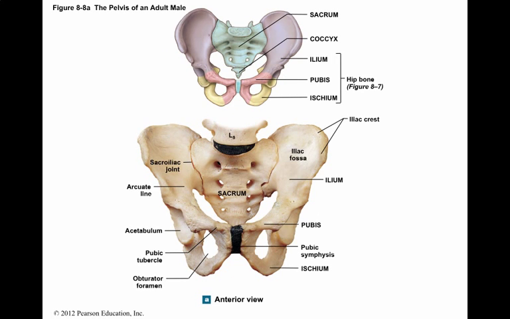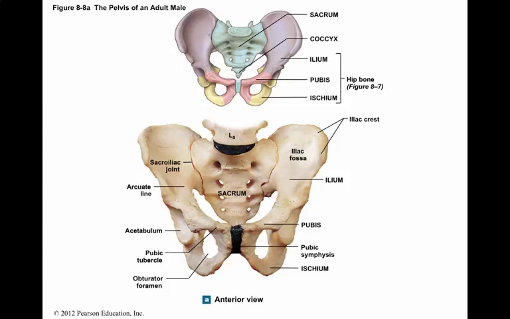This is an anterior view of the pelvis. The ilium provides extensive areas for the attachment of muscles, tendons, and ligaments. The iliac crest is the ridge along the superior portion of the ilium and marks the attachment site for ligaments and muscles. The shallow depression on the anterior surface of the ilium is called the iliac fossa. This concave surface helps support the abdominal organs and provides additional area for muscle attachment.